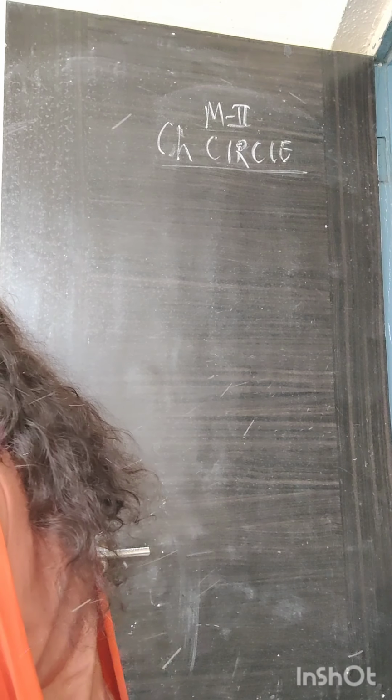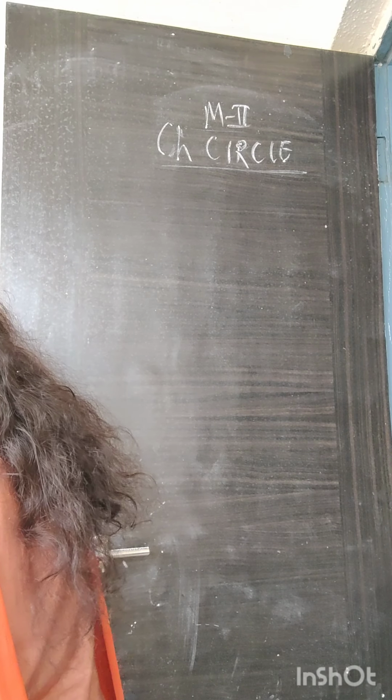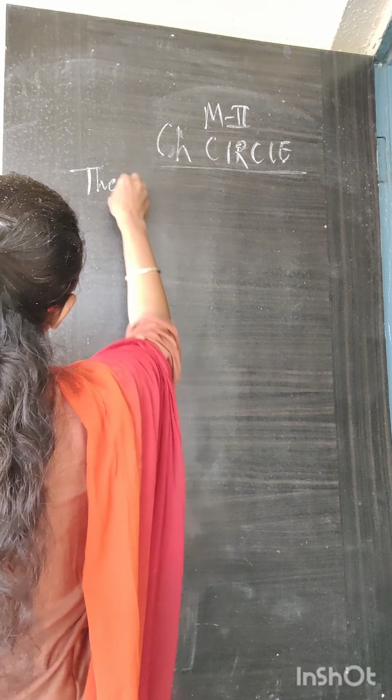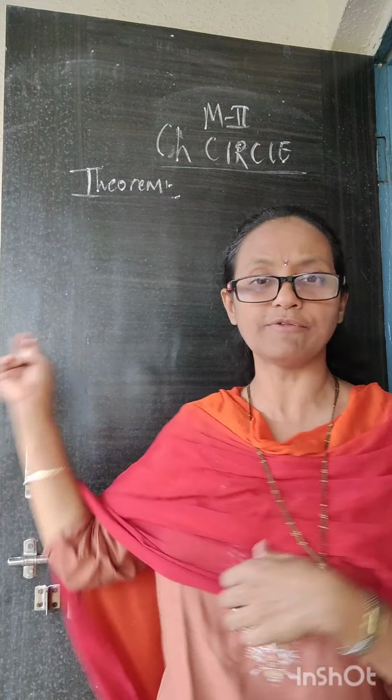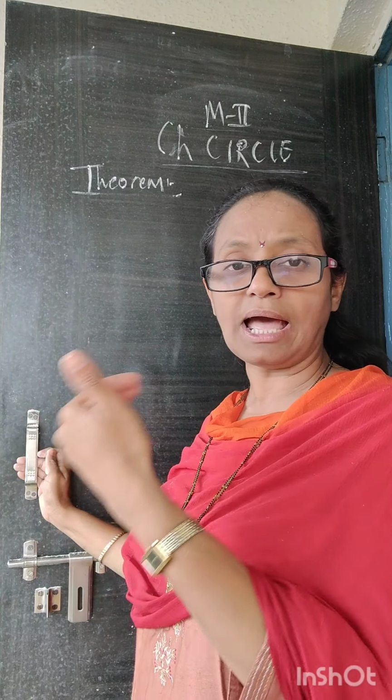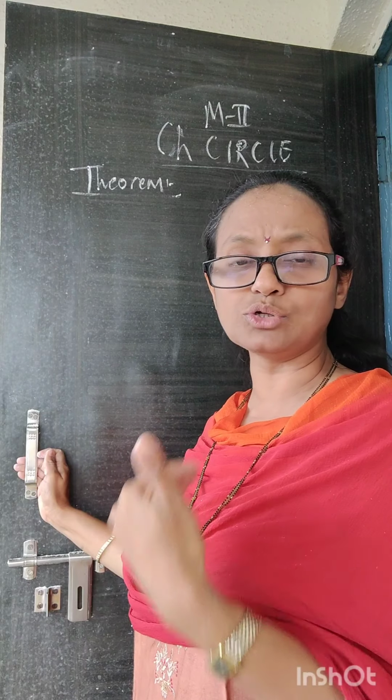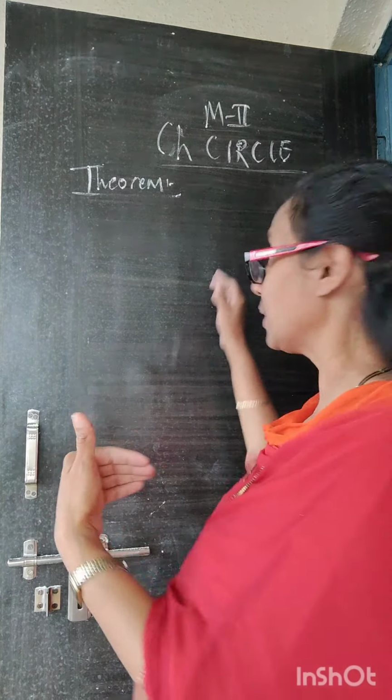Yes, what is the theorem? Let us write down. Very simple theorems are there. Write down the theorem statement first. Once you know the statement, we have to draw the figure as the next step, and after that, given, to prove and proof. So let us complete this theorem.